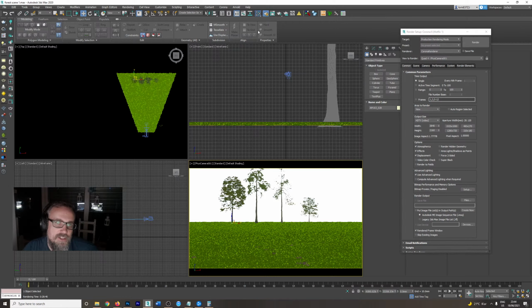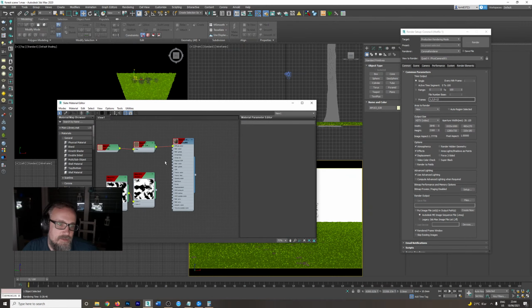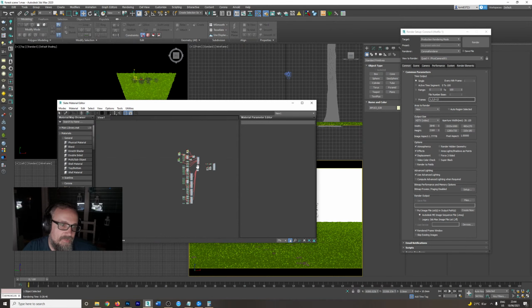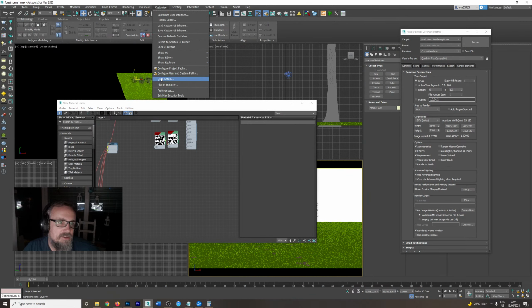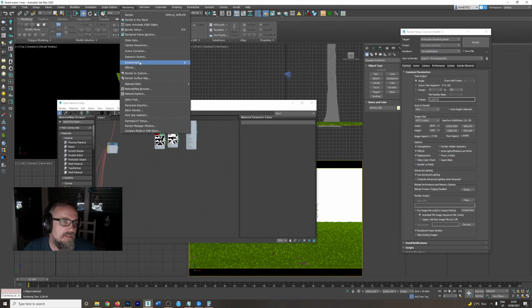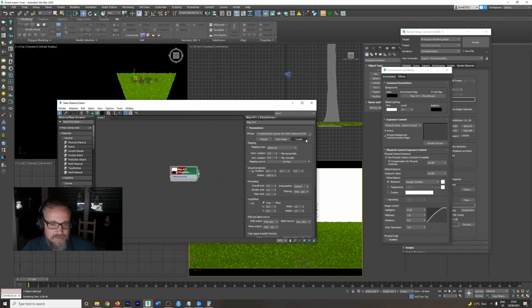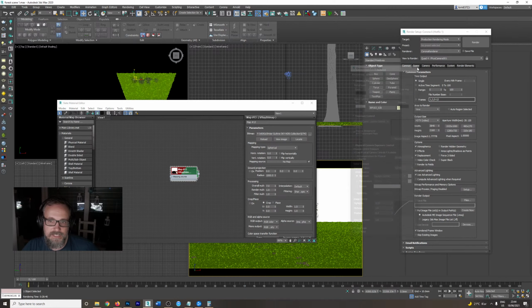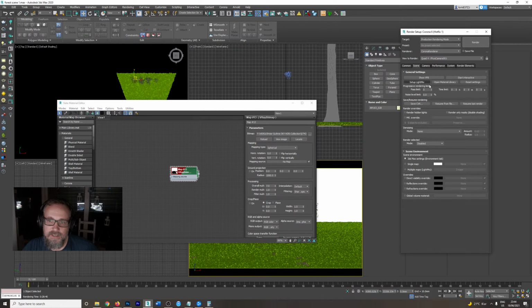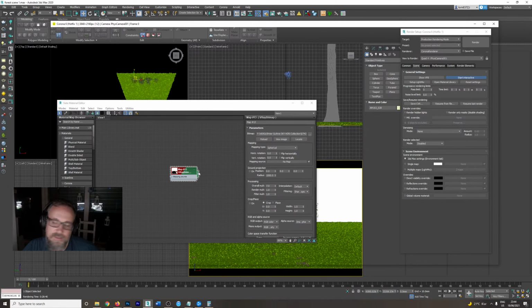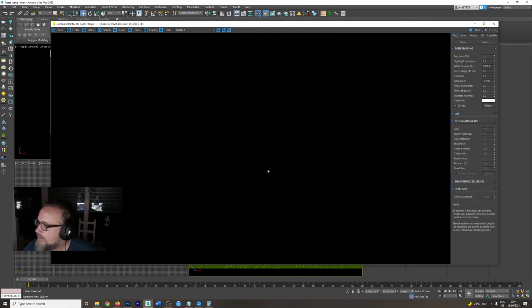I'm just going to open the material editor, and I'm just going to adjust the light. Where is it? I think it's not there, but if I come in here, I can press 8, or I can just come to, sorry, not customize, rendering, click on environment, and just drag this over, and then double click on this, and I can turn this up. Now in order to see what's happening, I'm just going to come into the scene and start interactive, and then we're just going to come in here